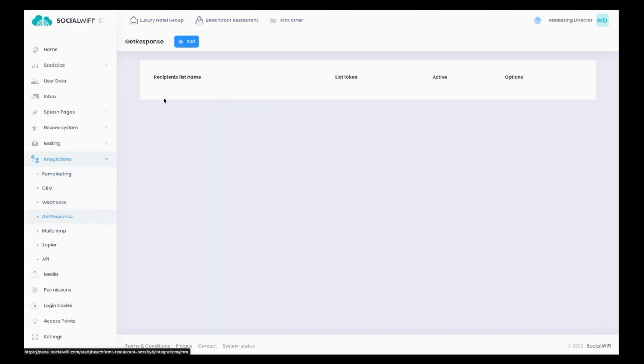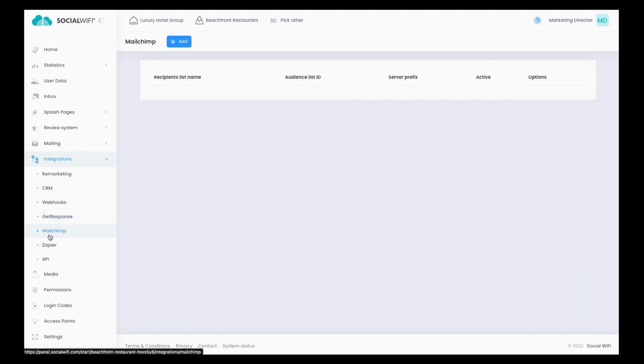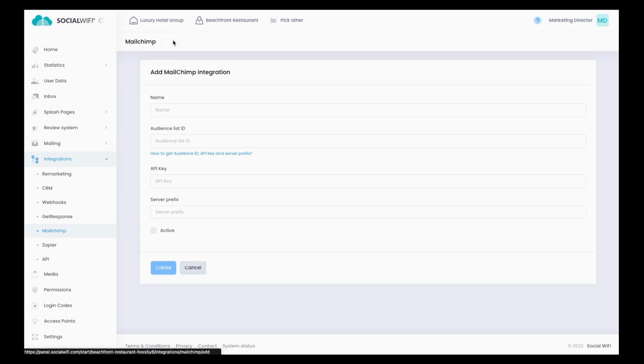Other integrations, we now have a GetResponse integration. So if you're using GetResponse in your marketing efforts, you can now connect the Social Wi-Fi database with that. And likewise, one of our most popular requests over the last few months has been MailChimp, we've now added an integration with MailChimp. So that's going to be a real-time update of your MailChimp database when people log into the Wi-Fi system. So some really exciting updates there on the integrations that we have, boosting our advertising, remarketing functions, but